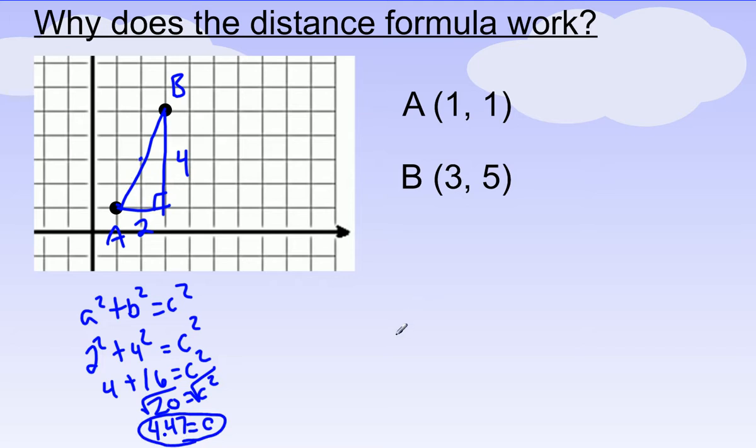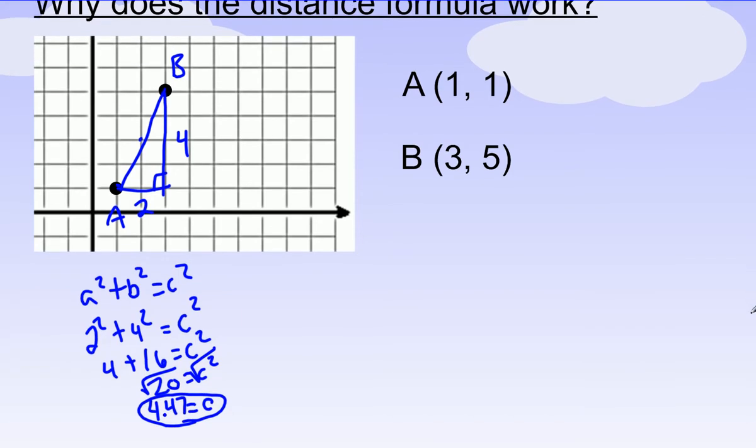Now, that is using the Pythagorean theorem. That's not using the distance formula. Let me show you what we would do in the distance formula. So the distance formula between here and here is honestly using this Pythagorean theorem. It's just written in another way. If you can do this, and this works for you, fine, use it. If you can't do this, or if you want to know the distance formula, it might be a little bit quicker maybe. So the distance formula says the square root of, that's this square root that's happening here,